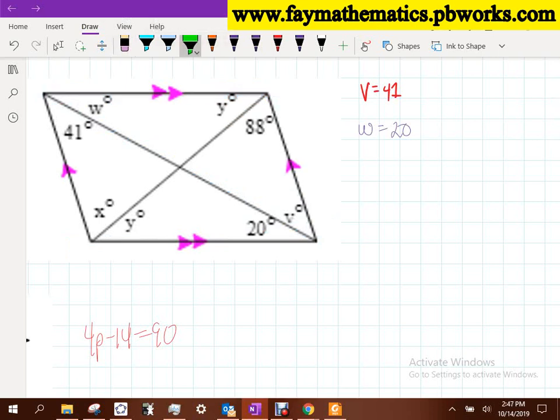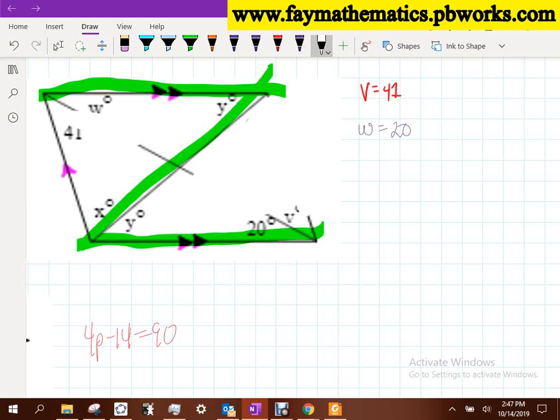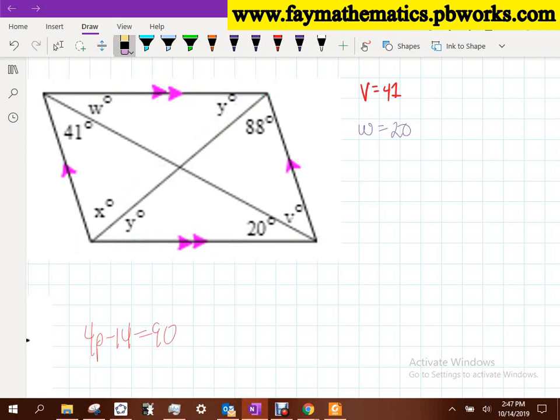Maybe I focus on this parallel line again. That one, I've already used this transversal. Let's try that transversal. If you think about that, this one's not really going to get me anywhere. Because what I'm left with then is y equals y, right? Is that true? Does y equal y? Absolutely, all the time. That's called an identity, but it doesn't get me anything here. So even though it's true, it doesn't get me anything.